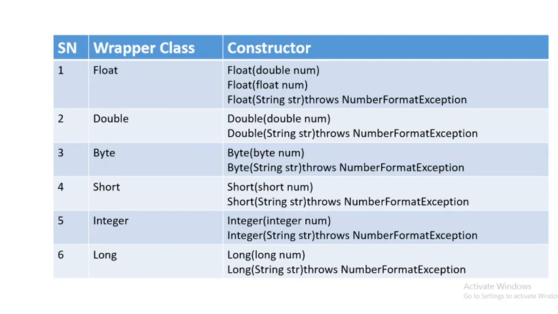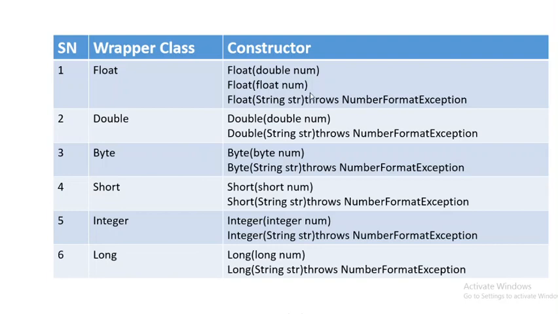Suppose the string is 10.5. This string is taken, and it's okay. This 10.5 can be converted into a float, so it can build an object by using 10.5 if that is a string. But let us consider the string in double quotation marks, suppose ABC. This ABC is not able to be converted into a float. So in that case, it will generate a NumberFormatException.